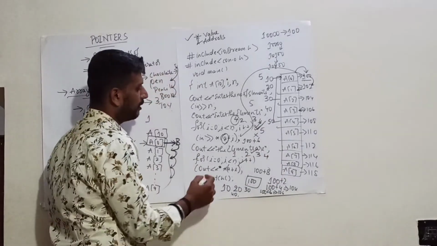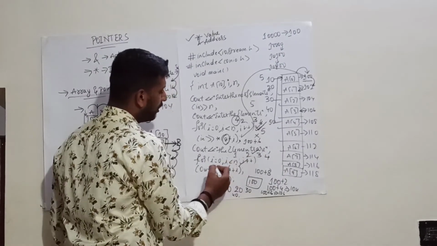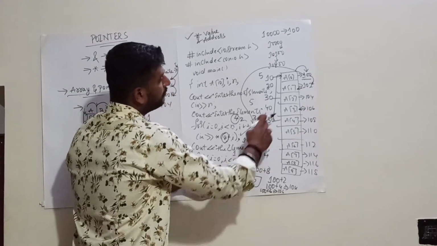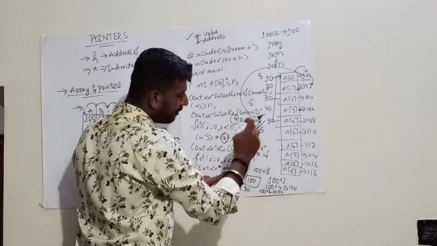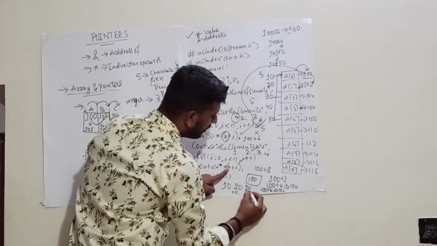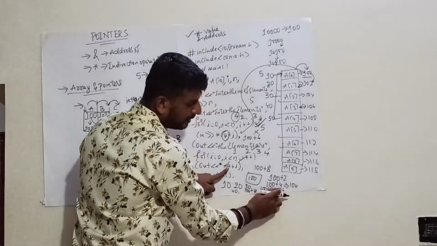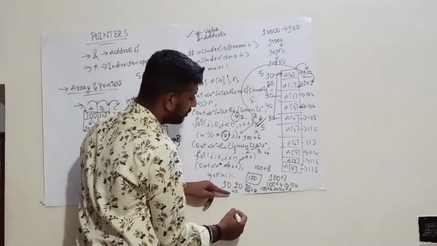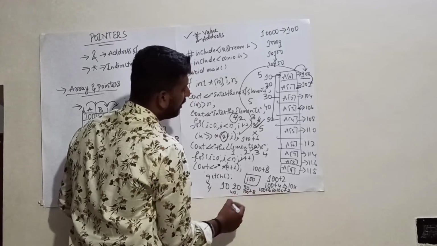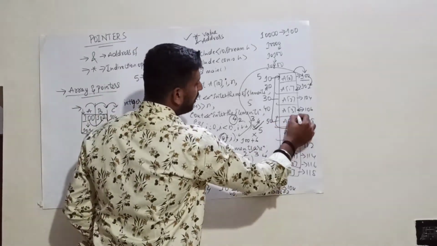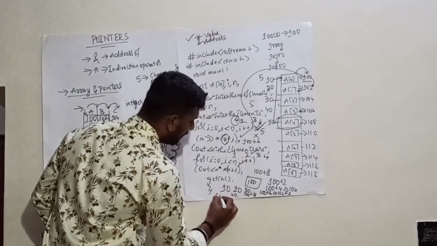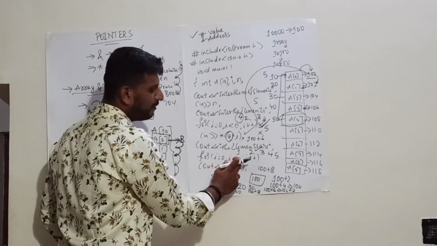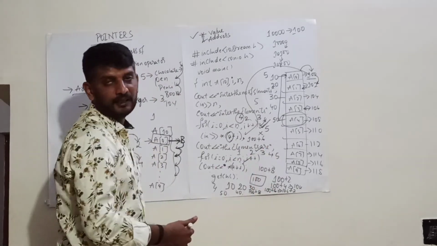Next again, I value gets incremented. I value now becomes 4. 4 is less than 5. It is true. You will come over here. printf star of a plus I. A value is nothing but 100. I value gets incremented in the steps of 2 again. 100 plus 8. 100 plus 6 for the previous value. For this, you will get added with 2, so it is nothing but 8. 100 plus 8, it is nothing but 108. Whatever the value you have at 108, it will get displayed, that is nothing but 50. Again, I value gets incremented, I value now becomes 5. 5 is less than 5, false. So what happens? It will get exited from the loop.